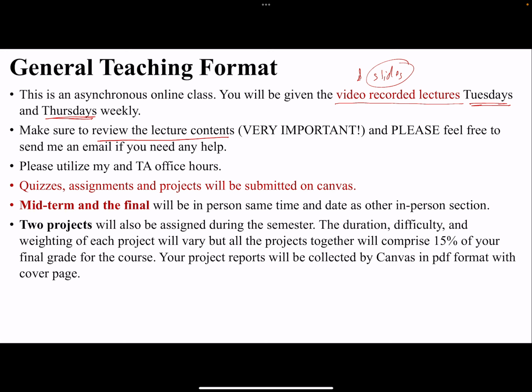And after you do that, please feel free to send me an email if you need any help. You can utilize my or my TA's office hours. There are three ways you can do this. One, if you have any questions, I will let you know the TA office hours and the TA contact information as well, whom to contact for questions. So you can directly contact the TA or stop by the TA office hours. Second, if I assign my fixed office hours, please come to my fixed office hours with any questions that you have. Third option, you can just send me an email with a question and I will be more than happy to reply back to that question over the email.